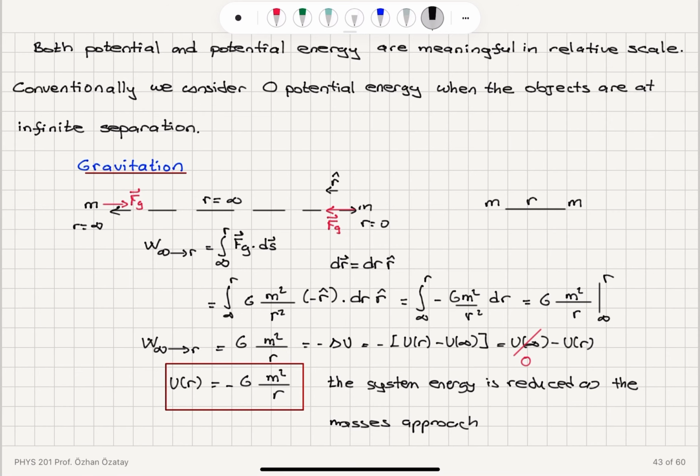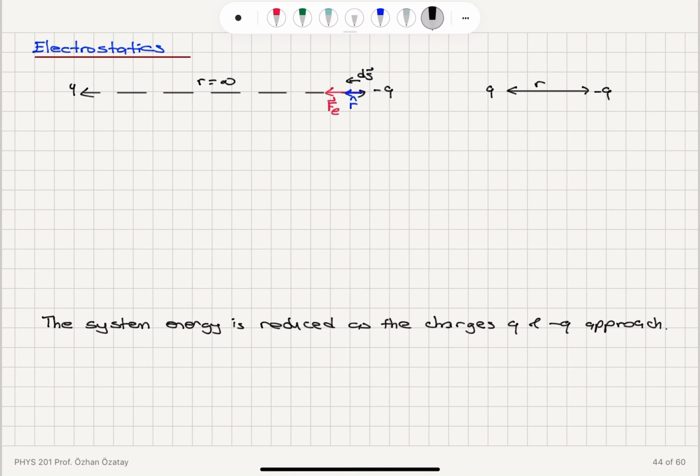Now, if I consider a similar situation for electrostatics, I have charge minus q stationary here. I'm bringing a charge plus q from infinity to a distance r with respect to this charge minus q. Okay, so work done by the electrostatic force going from infinity to r as the internal force is the integral